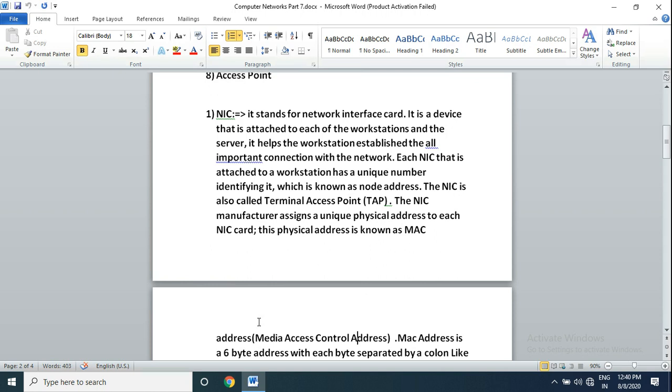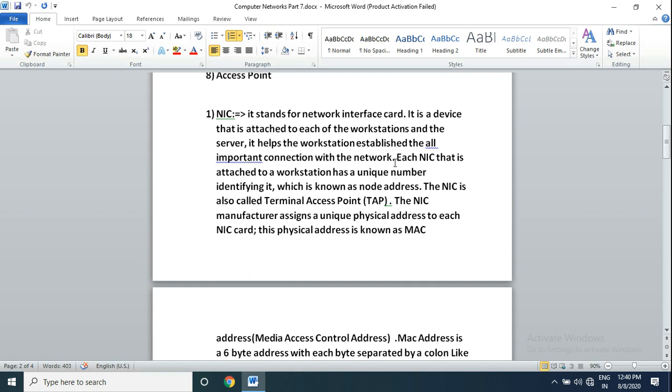Our first is NIC. It stands for Network Interface Card. In general terms, it is also known as LAN card, Local Area Network Card. It is a device that is attached to each workstation and server. It helps the workstation establish all the important connections with the network. Whenever we are creating a network, on all computers we need a NIC or LAN card, which creates an important connection